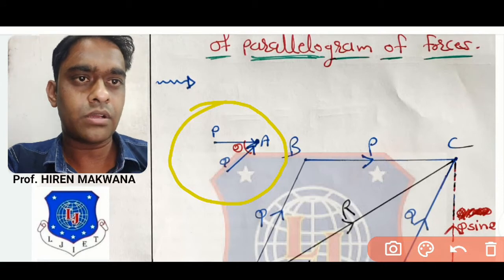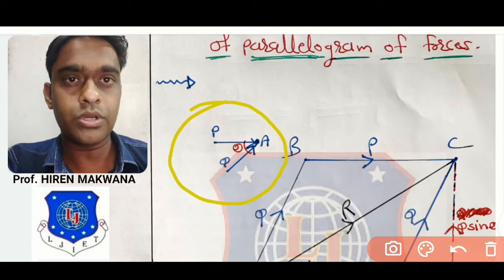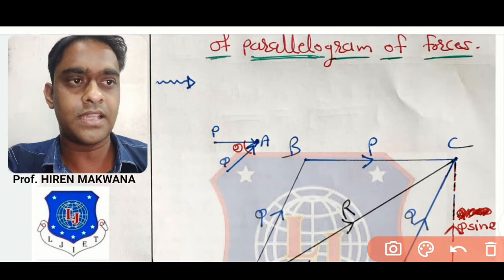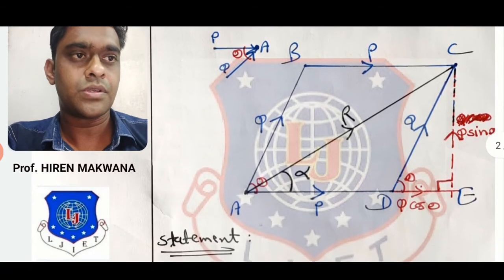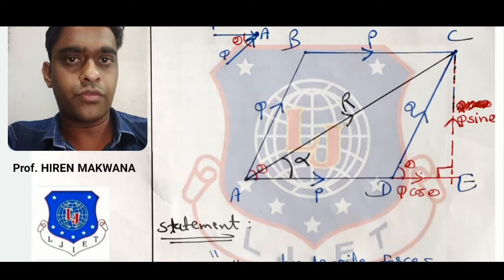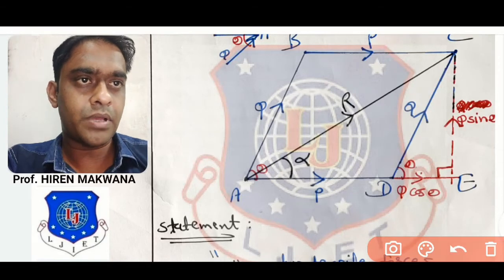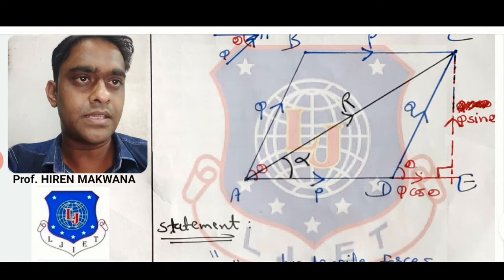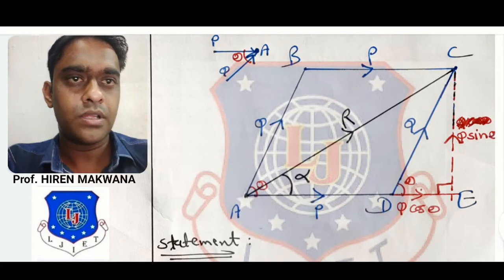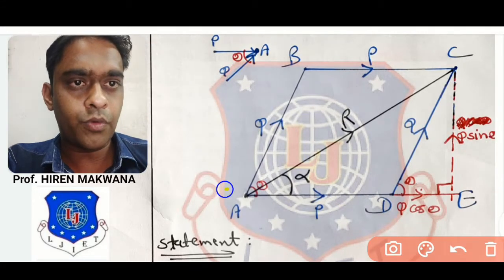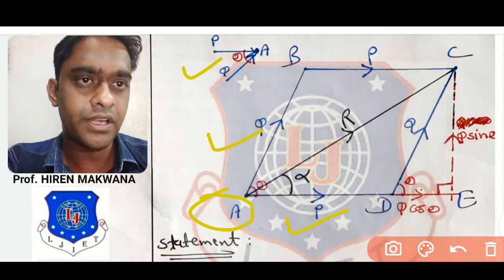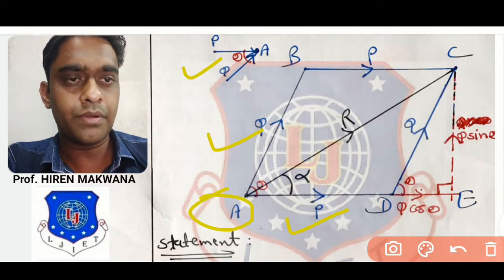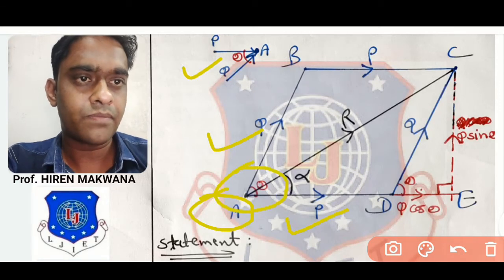Now we have to make it tensile, but we have to represent it on the parallelogram. Let us see how. You can see this enlarged image. Watch carefully. This is the parallelogram ABCD. At point A, two tensile forces P and Q are acting. It means these two forces P and Q are now converted into tensile forces. The angle between them is theta, as you can see.